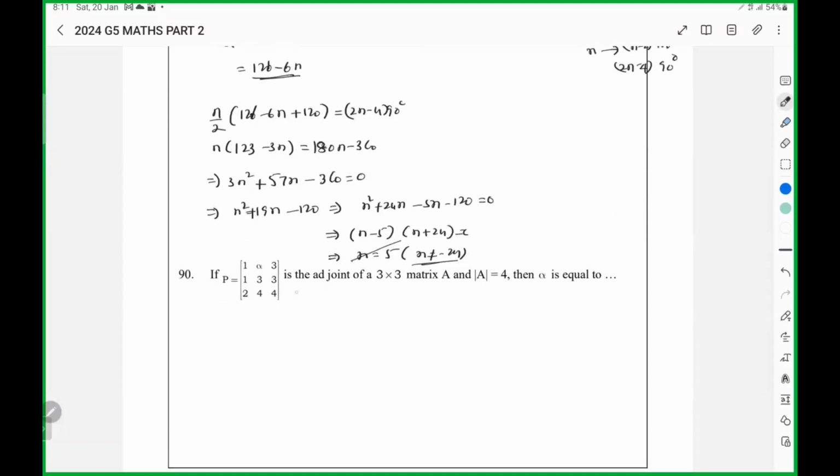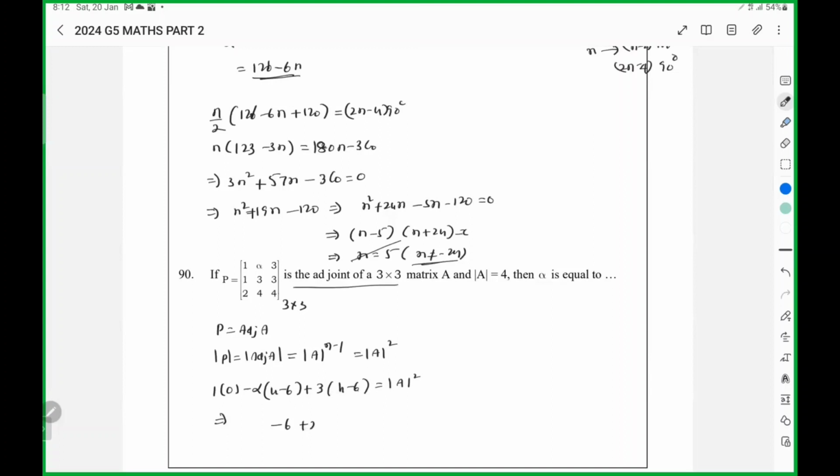And here it is, this adjoint. P is the adjoint of A, det of P is det of adjoint A whole square, det of adjoint A, which, since it is a 3 by 3 matrix, will be that P here is alpha into 4 minus 6, 4 minus 6, which is, here it is minus 6, plus 2 alpha is 16. So 2 alpha is 22, which is